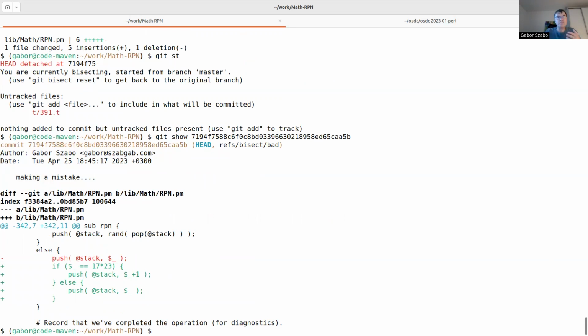And now you can see who committed it, who made these changes. You can read the explanation of why they made the changes. And from this, you can probably much more easily understand why that change broke your test case,